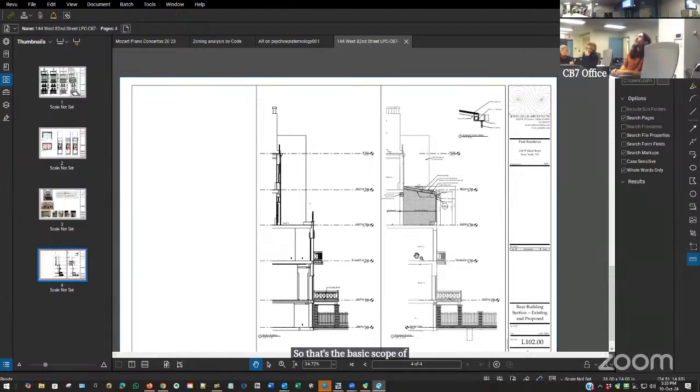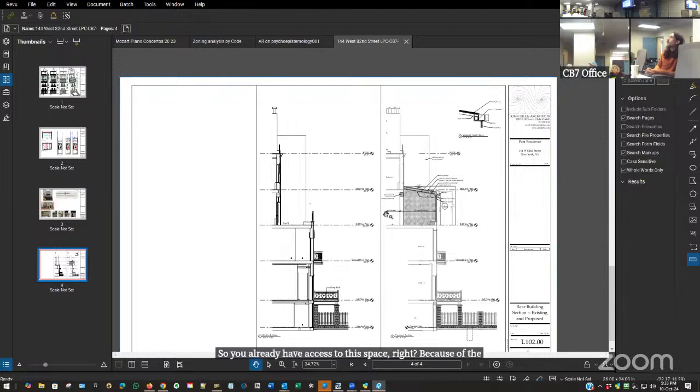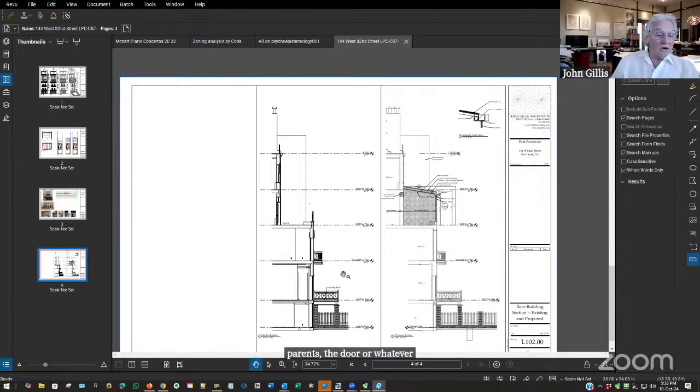So you already have access to this space, right? Because of the terrace, the door, or whatever. Right, exactly. Let me just go back